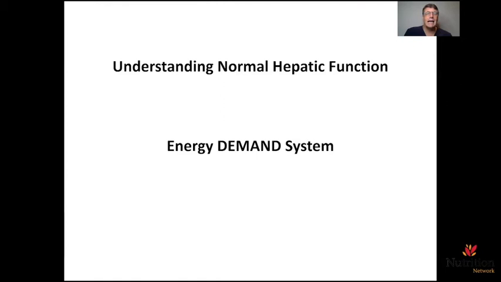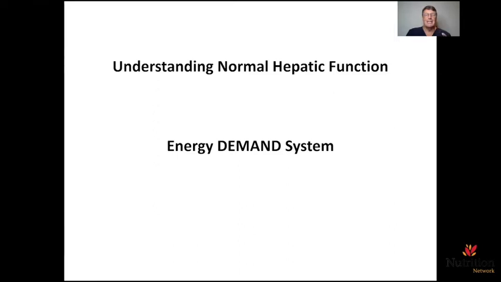So here's a critically important aspect to understand about how the human body works. In terms of energy, the human body functions best and is designed to function as a demand-based system. Okay? And so if you look at all the cells in the human body, the cells create, or should create, that demand. Now we're talking about normal.